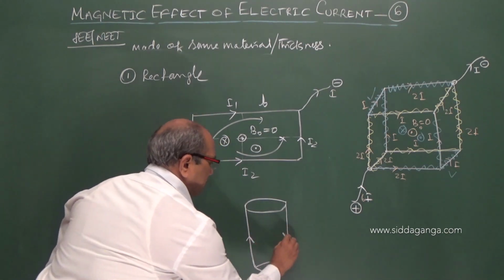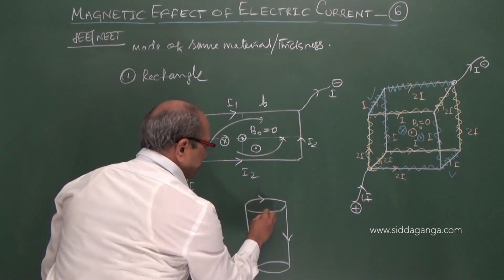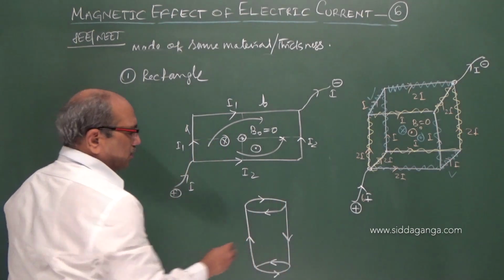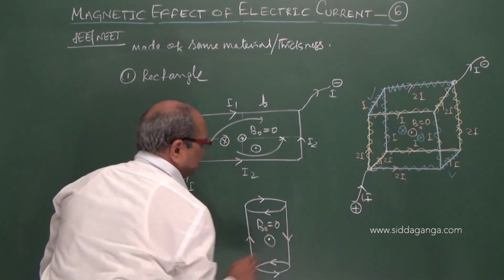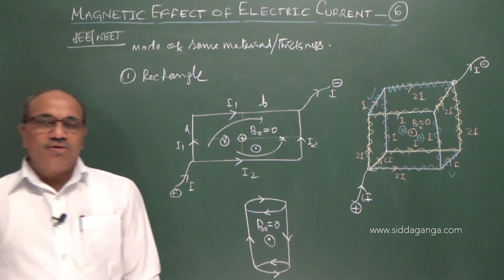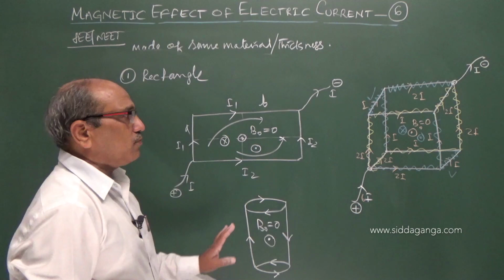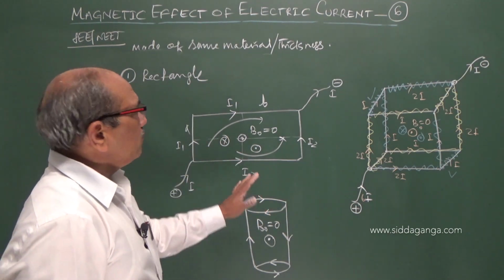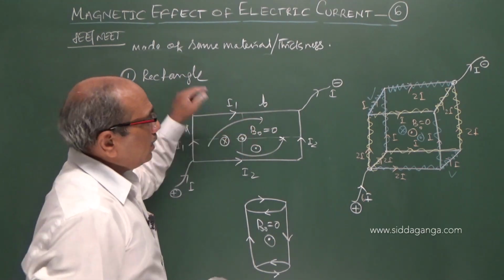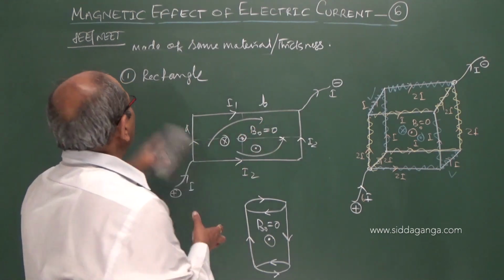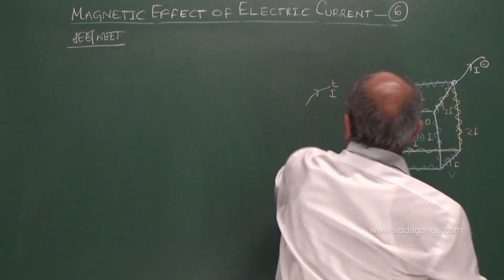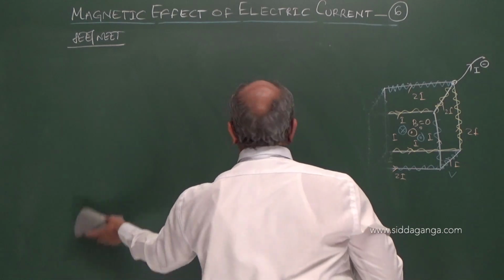If the current goes like here, the current in this loop is clockwise and here it is anti-clockwise. The field at this center, B naught, is again 0. So directly, when the question arises, you can immediately come to the conclusion without spending time on calculation. Observe the geometrical shape symmetry. If the current is splitting into the arms of the two parts of the loop, and again entering into the common point, the field produced by one is cancelling with the other. Net field at the center, if they ask, is to be 0.